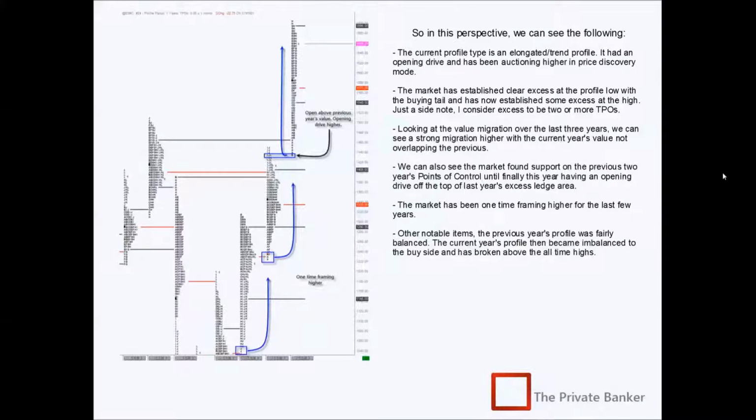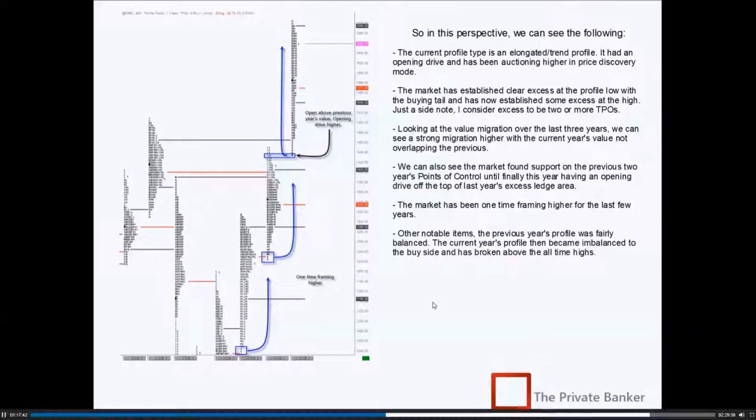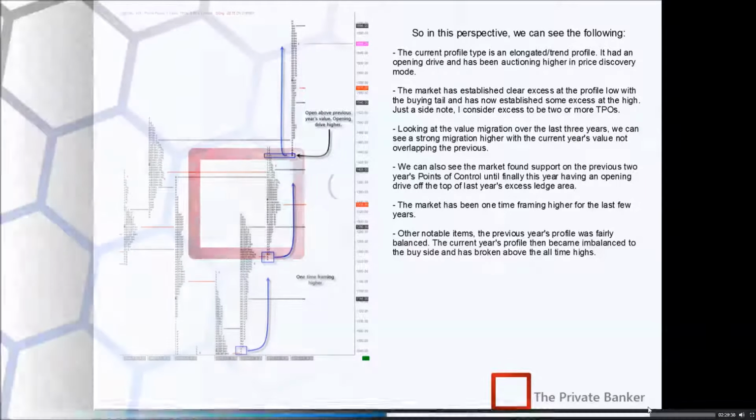Okay, so let's take a look at the profiles themselves. What we have here again is the ES contract, and we have our large time frame profiles being plotted onto our chart. There's a couple things that we can see. Of course, as I had mentioned in the previous piece, again, the current profile